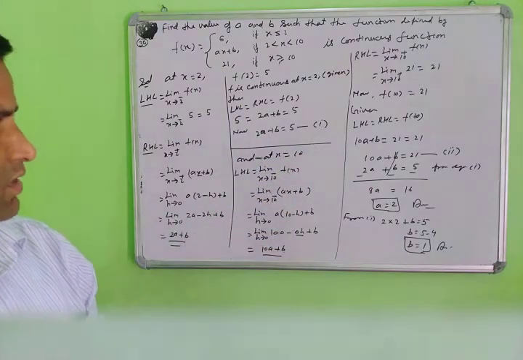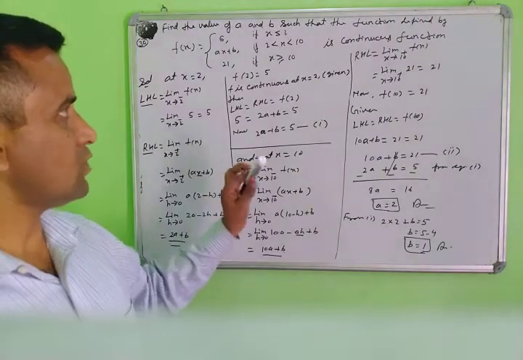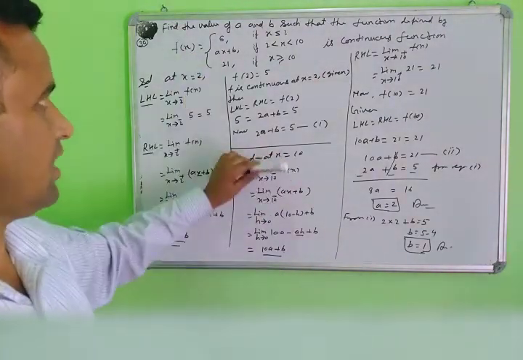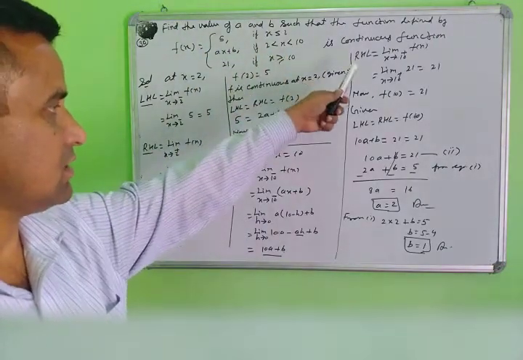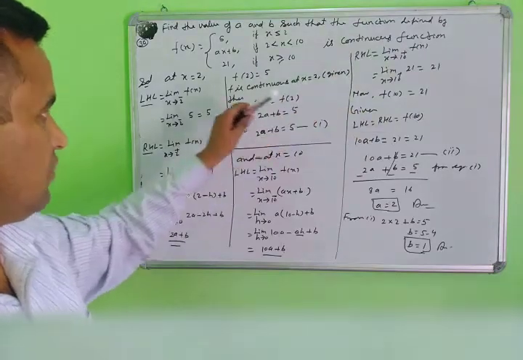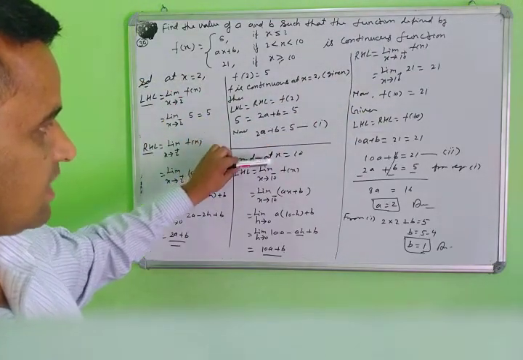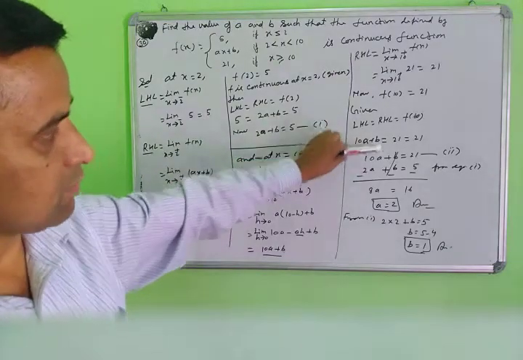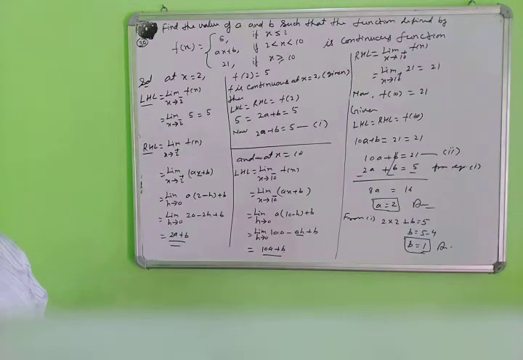This is an important question and the last question of this exercise. Every question of this type you will solve in this way. Suppose you must find the values of a and b, and the continuity condition is given. From the first limit make the first equation, from the second limit make the second equation, and solving both equations, you can find the value of a, b, c, alpha, beta, k, or any value given. Yes, no doubt.